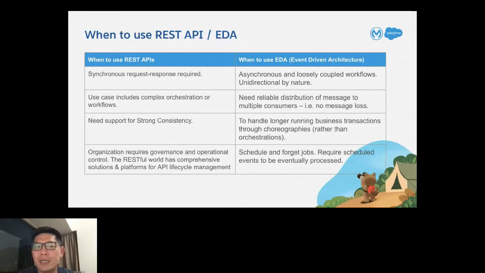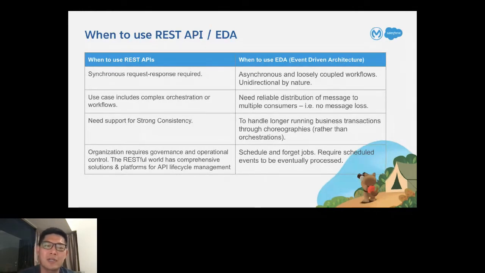As I already mentioned, I think synchronous request-response is an obvious candidate for REST APIs, whereas for asynchronous, use an event-driven approach, right? When we have complex orchestrations, obviously, for REST APIs built on top of MuleSoft, you really have the ability to see all of your code logic in one place, to analyze that, and to understand what your transaction or business logic is. But if you're doing that on an event-driven architecture, it's a lot tougher to monitor. It's not that you can't do it, but it requires a certain amount of developer discipline to do that well